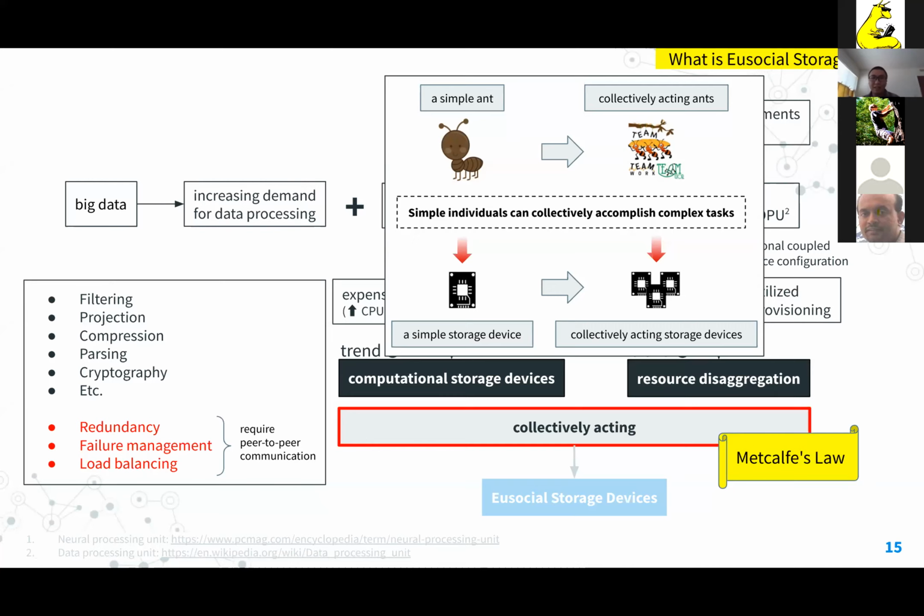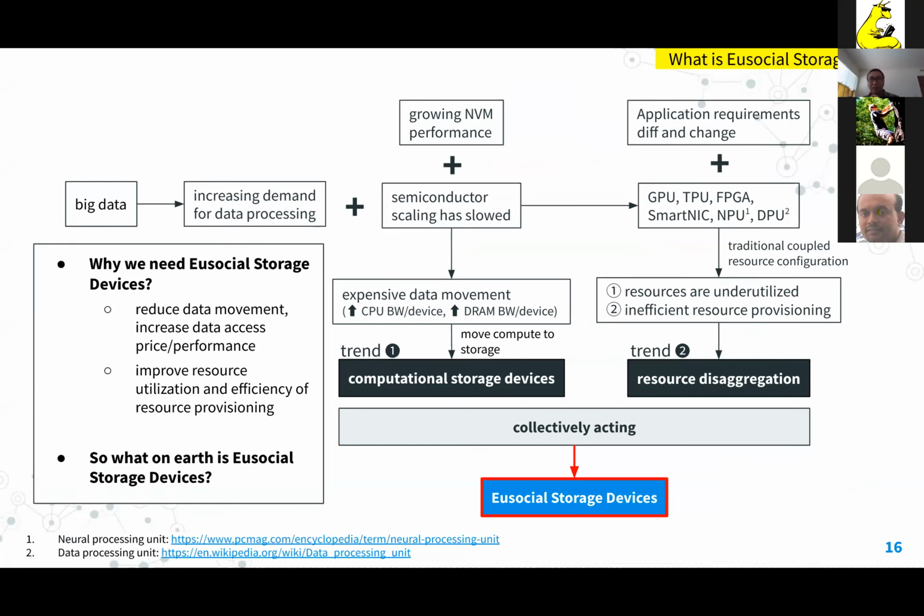In this case, the devices would be the ensemble of storage devices. So in summary, the idea is built up from these two traits, while allowing the storage devices to actively communicate with each other.